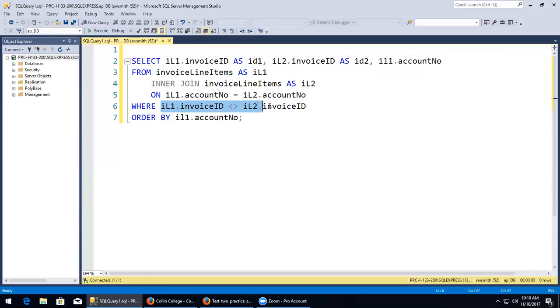And this line right here, where invoice ID 1 does not equal invoice ID 2. In other words, I want to suppress the fact that invoice ID 3 will be paid from the same account number as invoice ID 3. So everything would match with itself. When I run this,